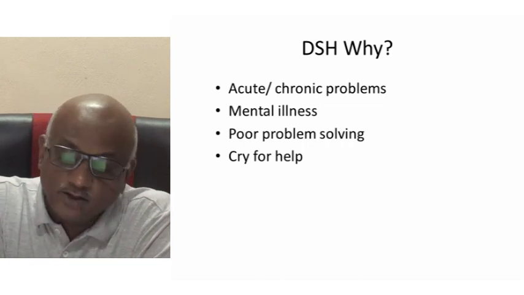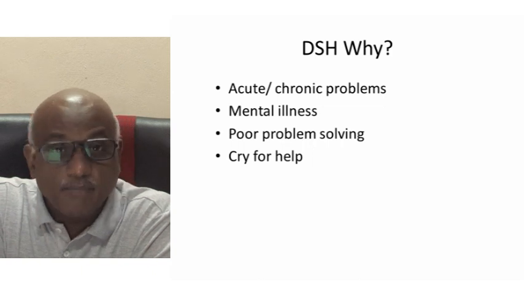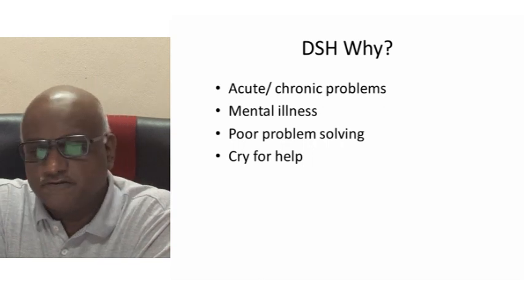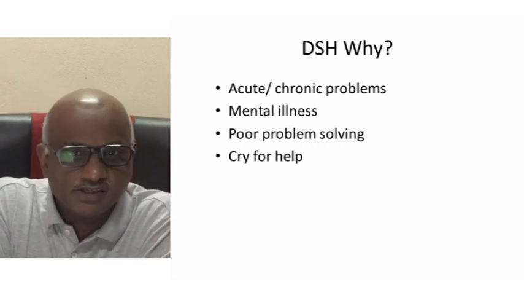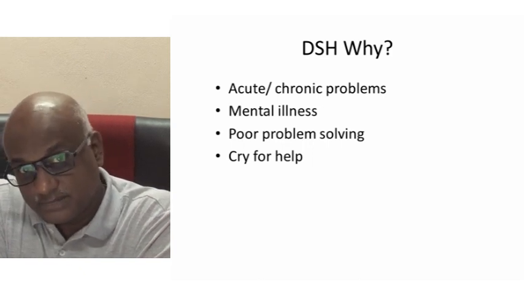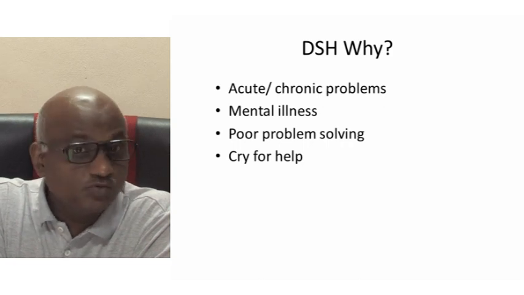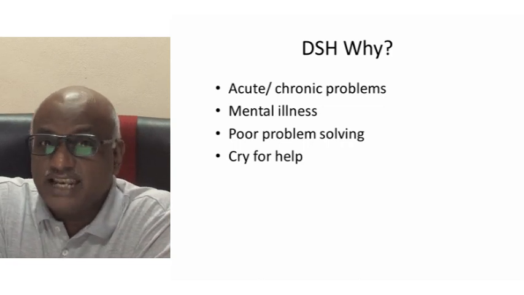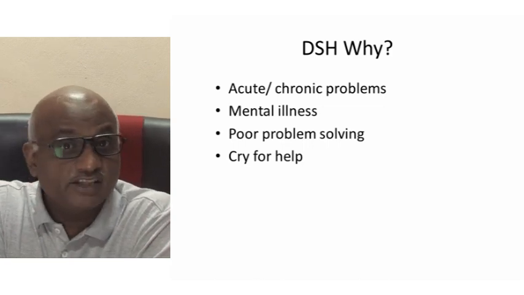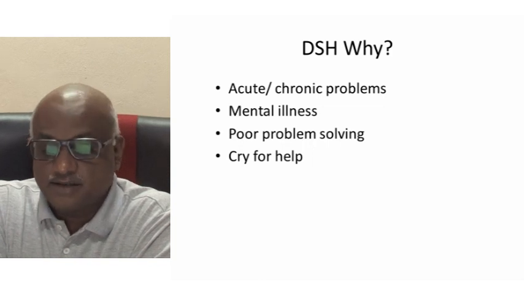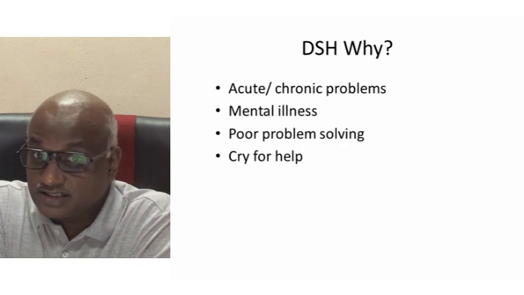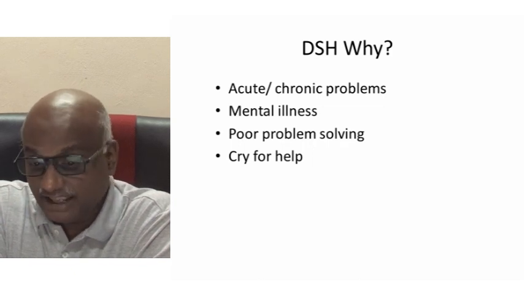And also they do deliberate self-harm as a way of manipulating others. So I want some money from my parents, I want to chill with my friends, I threaten and I do deliberate self-harm. And very often what do the parents do? They give in. So the child learns, or the young adult learns this as a way of solving their problems. And often it ends up successful. But what happens is sometimes they overstep the mark and accidentally end their lives.